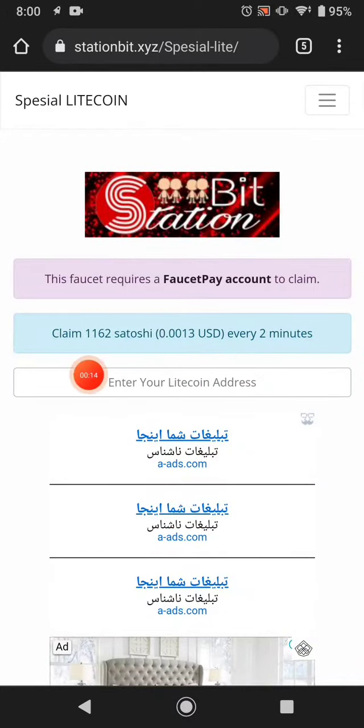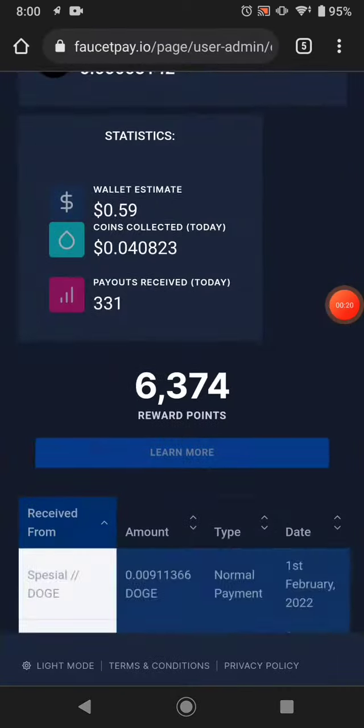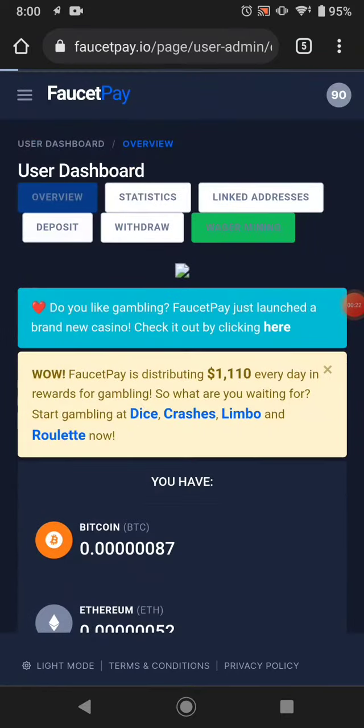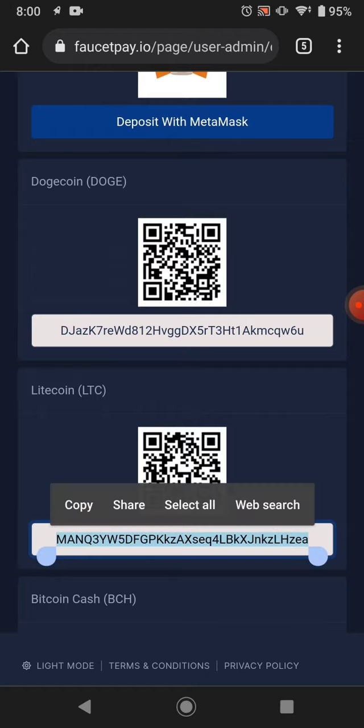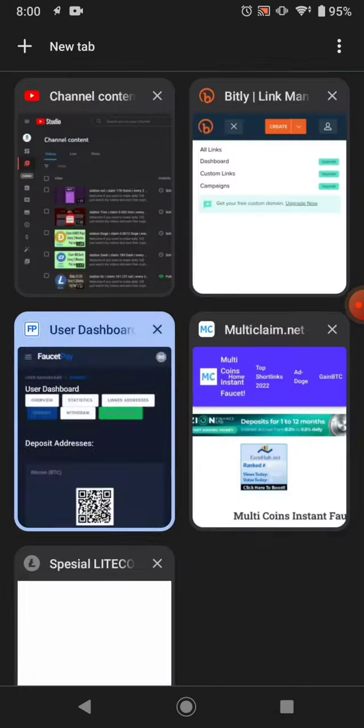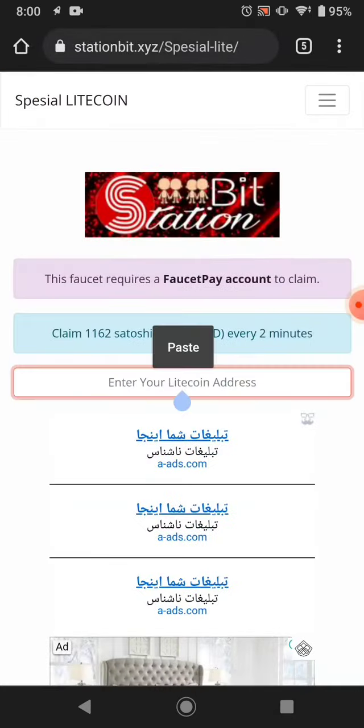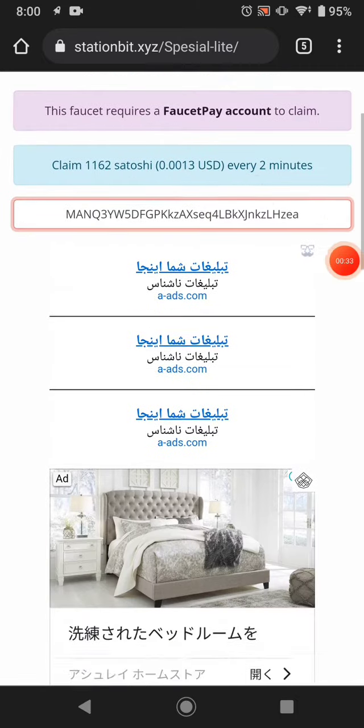Okay, this is the website. This website pays you this much Satoshi of Litecoin every 2 minutes. First of all, go to your FaucetPay, go to deposit, and copy your Litecoin wallet address from here. After copying the Litecoin wallet address, come to this website and paste your Litecoin wallet address in this dialog box,